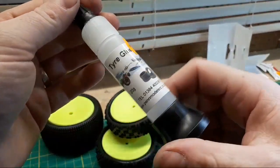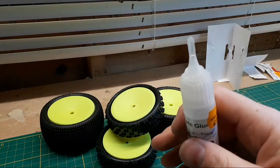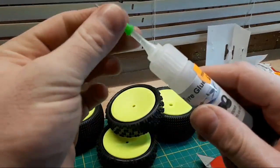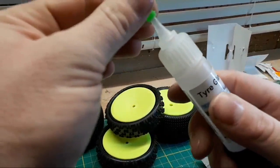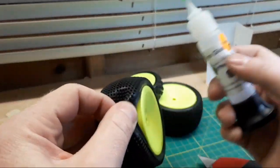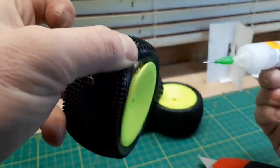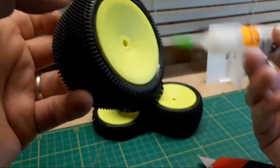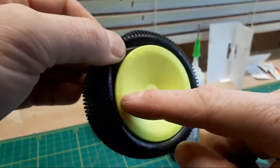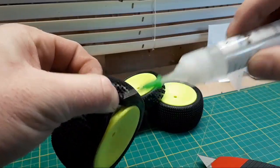You can actually buy tyre glue, and the good thing about this is you can put tips onto the end, which are these, and these let you place the glue correctly in the right place without spilling it all over the wheel. So literally what you want to do is, with your thumb, pull back the tyre so you can see the bead, and literally one dribble in there, close the bead back up, make sure it touches the tyre. Then what you want to do is move to, say, call that 12 o'clock, 2 o'clock, and a little drip in there, not too much,